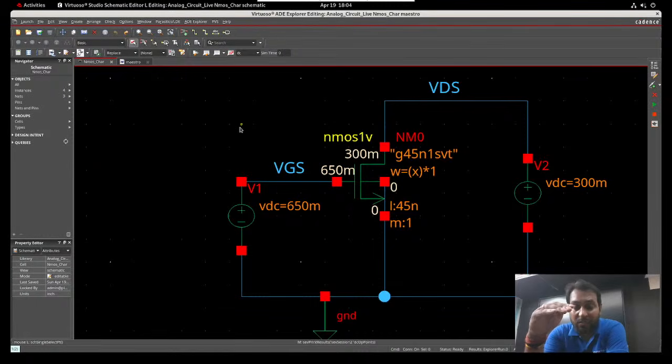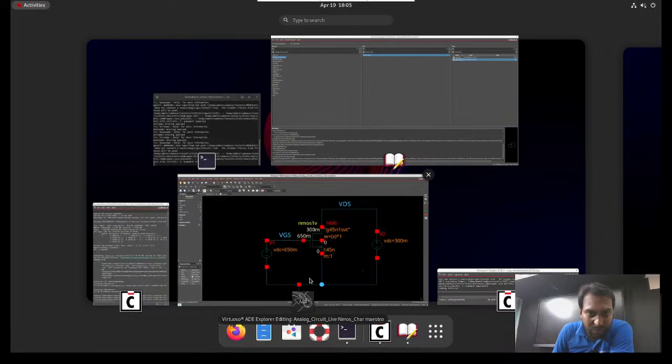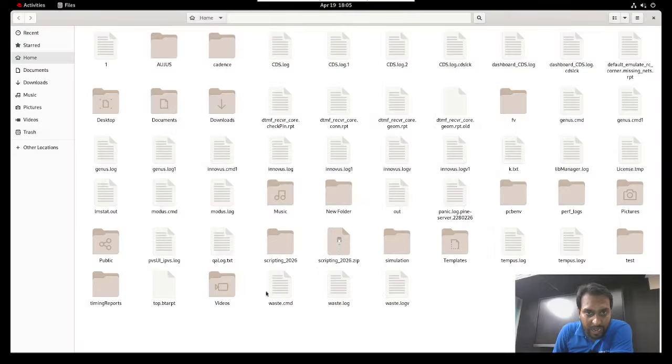Here there is only the variation of ID with respect to VGS, but if you want all the values of the DC with respect to VGS, you require some such function. Go for one file name,